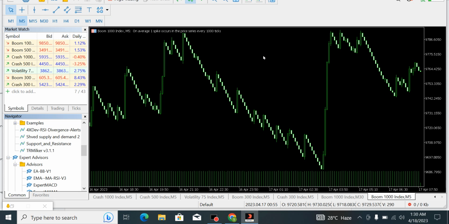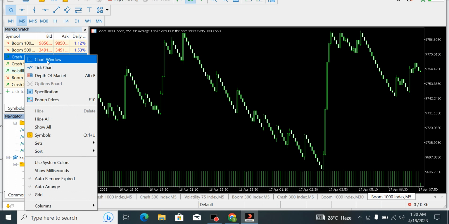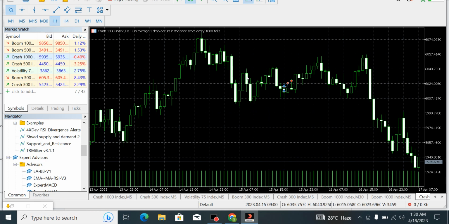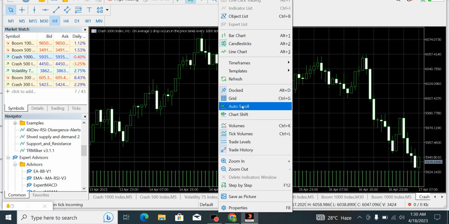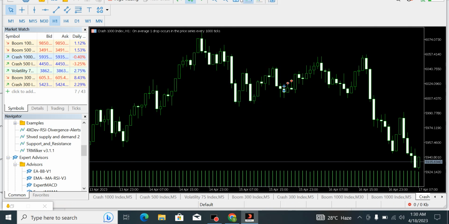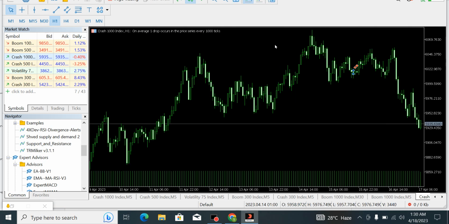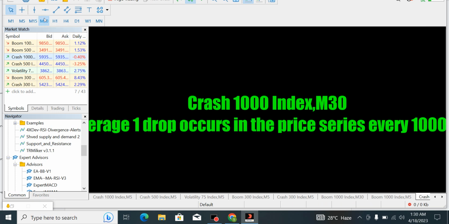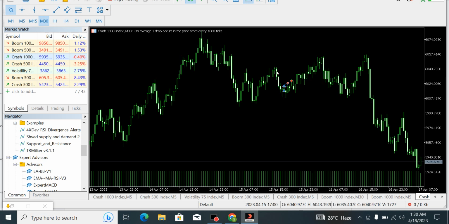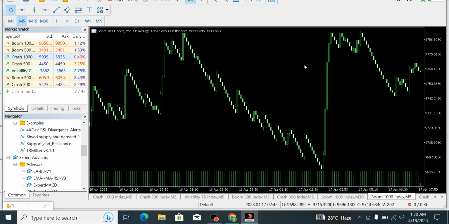Here is a chart for Boom 1000, and let me see if I can get a chart for Crash 1000 also. Okay, here is a chart for Crash 1000 also. Let me remove the grid so that we get to see it very well. I'm going to zoom it in a bit. I think this is cool. Let me take it down to 30-minute time frame to help us have a better look at what we have right here. Okay, I think this is better. I'm going to go back to Boom 1000. This is Boom 1000 on 5-minute time frame. Let me go back to this